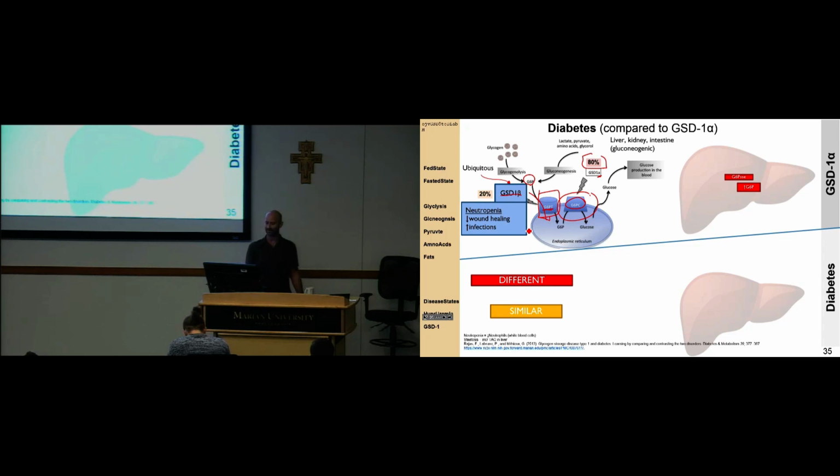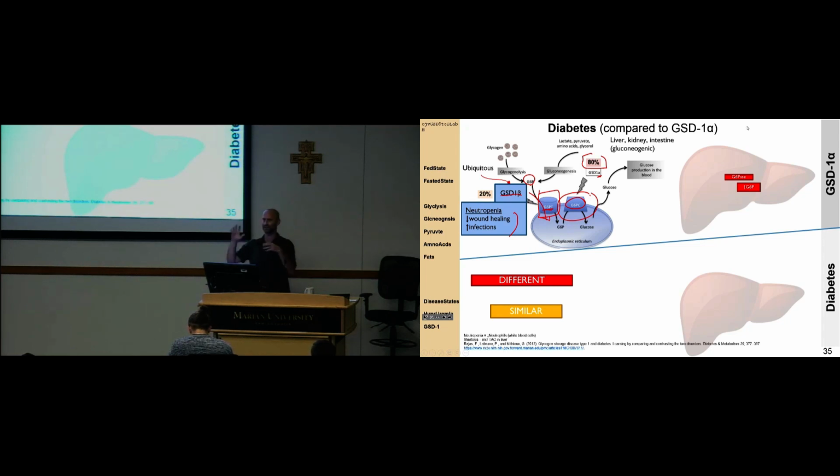And so with GSD1 beta, you end up with poor wound healing and increased infections. Your white blood cells actually die because of metabolic disorder inside those cells. Okay. Most people wouldn't do this, but to quickly show you kind of a Venn diagram of how things can present similarly and differently, I'm going to compare GSD1 alpha to diabetes, and normally those would be thought of as exact opposites, because